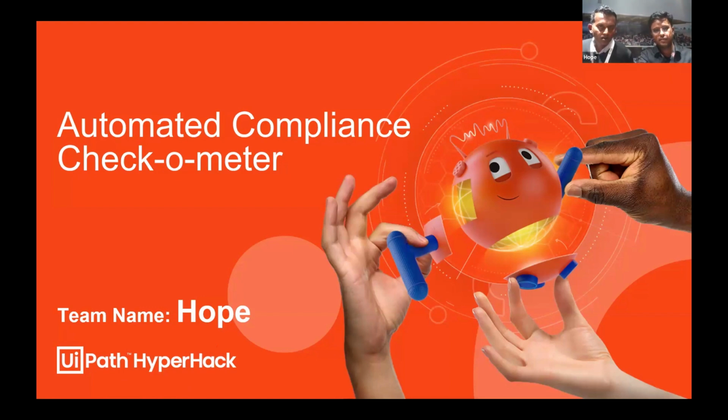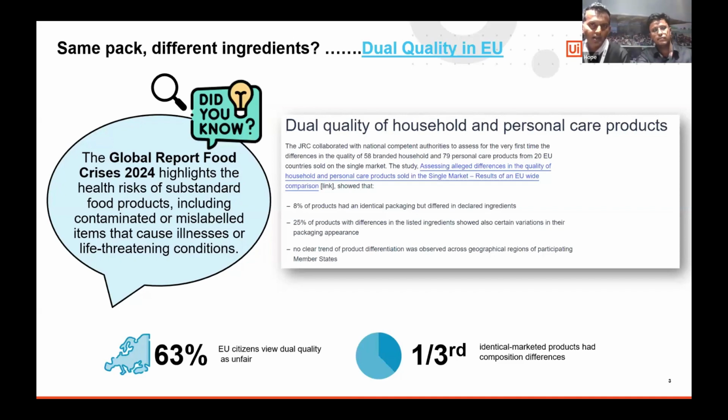So, hi guys. We're going to share today the Automated Compliance Checkometer. That's an app that we built to maintain compliance. We're part of Team Hope, and I've been with my team, there's Zeal, who's part of the Global Automation COE. So what we're looking at today is dual quality in the European Union, quite a touchy topic for us,